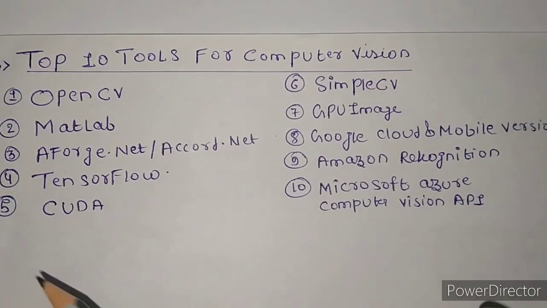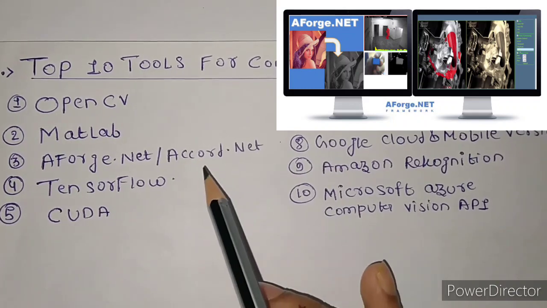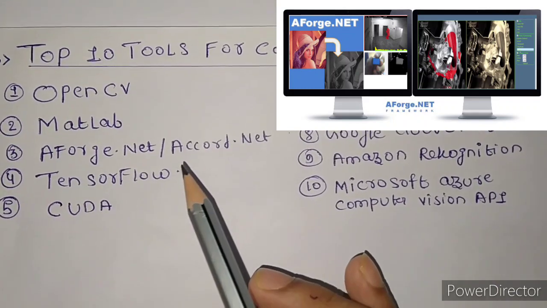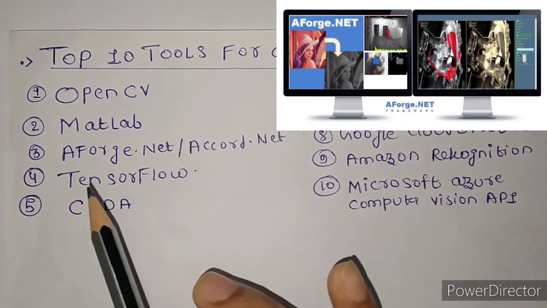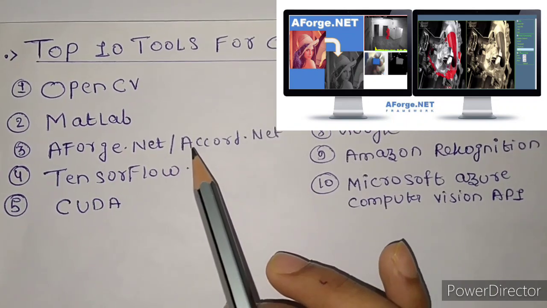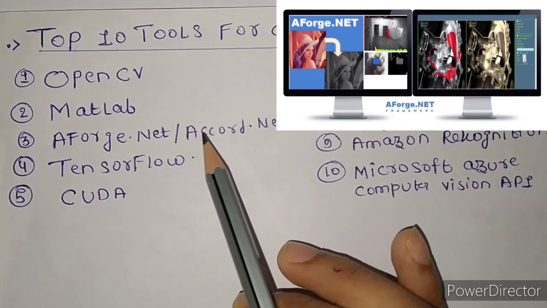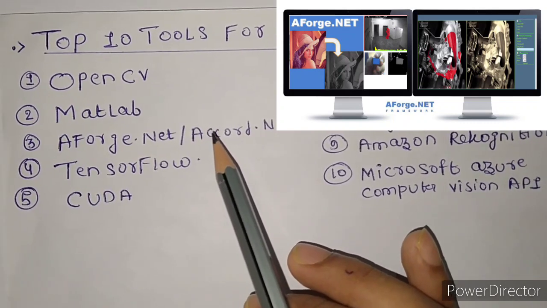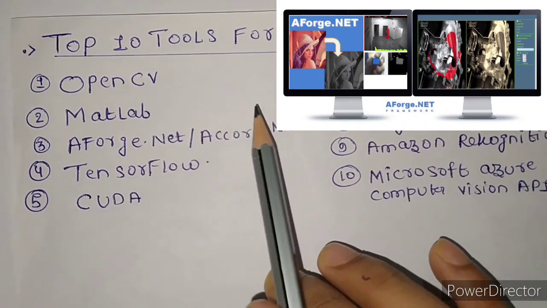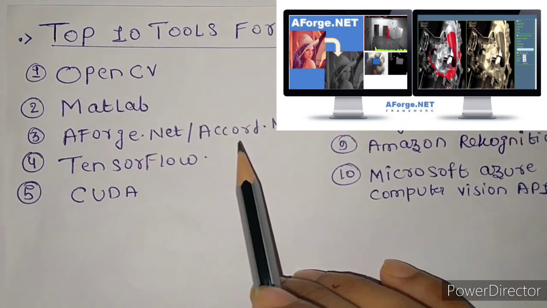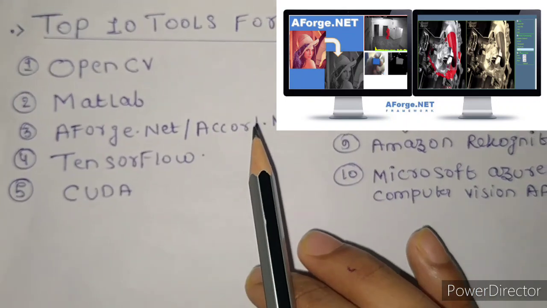Okay, now guys, it's time for the third one, that is AForge.NET or Accord.NET. You will be really excited to know that you can even process images with C# and .NET. So yeah, this is all because of AForge.NET. It's a good tool that has lots of filters and it's great for image manipulation and different transformations. One fact about it, it supports filter capability like edge detection and many more. It is simple to use and all you need to do is just adjust the parameters. It has some drawbacks. One of those is that it does not possess the power and capability of other tools like OpenCV and advanced motion picture analysis.